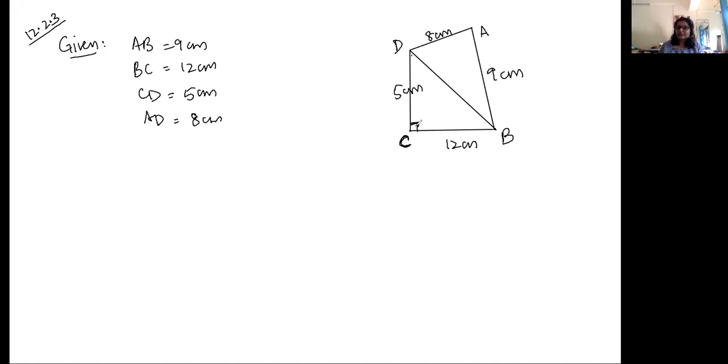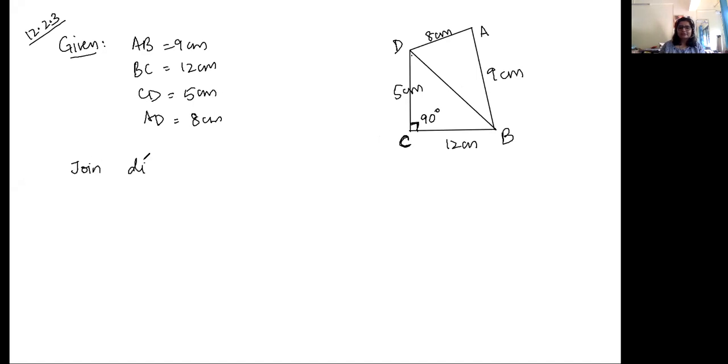But because we know that angle C is 90 degrees, this becomes a right angle triangle. And what do we know about a right angle triangle? We know that we can use Pythagoras theorem. So using Pythagoras theorem, can you tell me the length of BD? Shivesh, yes, your answer is right. Very good. You solved it. Good. So then you say